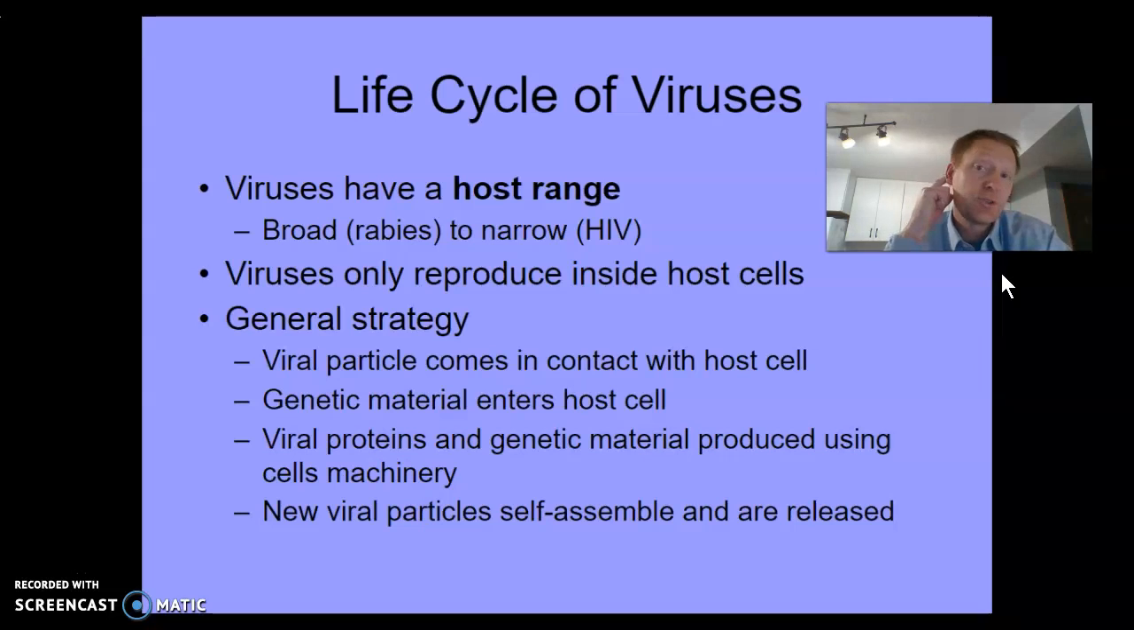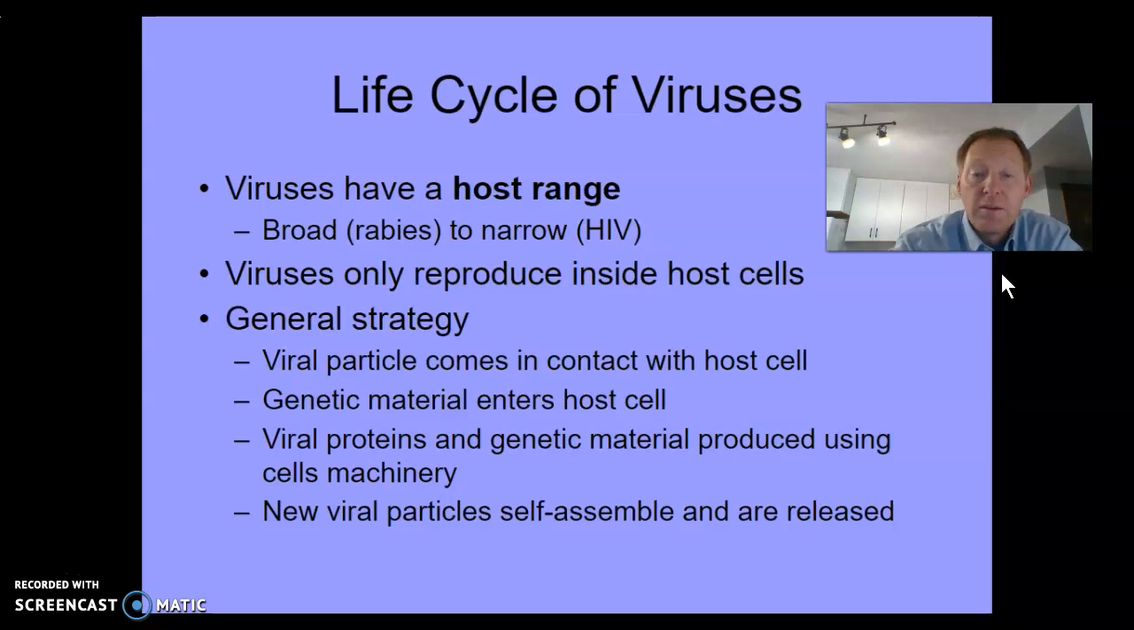So what's the general strategy of a virus? Basically, there is a viral particle, and that particle has to come in contact with the host cell. The viral particle does not sense the host cell and does not go towards it. It just simply bumps into it, which is why there need to be millions and millions of these viral particles in order to get the host to actually get an infection, because it's random. And once the viral particle comes in contact with the host cell, the genetic material of the virus enters the host cell,